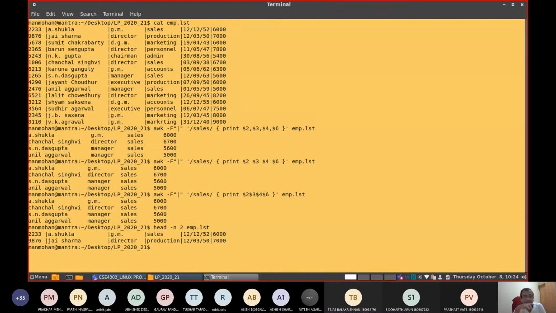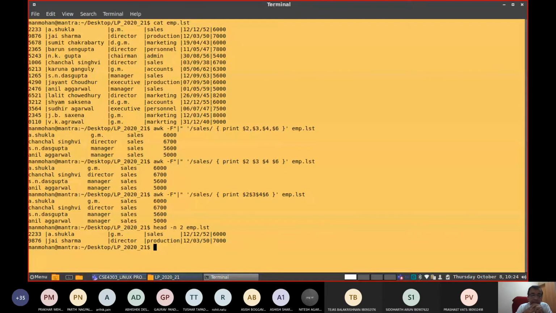We can do such kind of output also with AWK. In case you want to display only the first and second line, or only the fourth line or third line, or line numbers 3, 4, 5, 6, then you can use AWK.